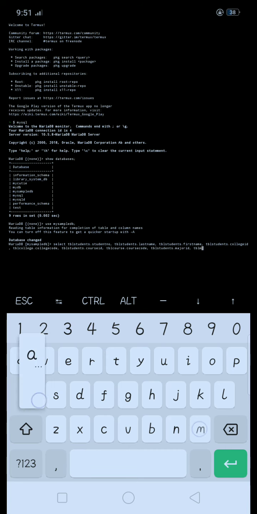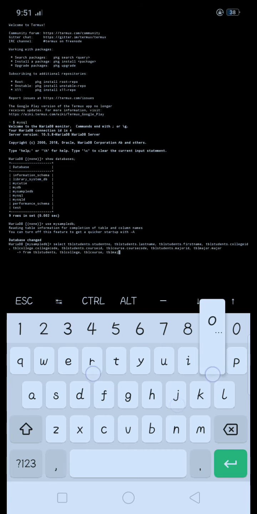So TBL major dot major from TBL students, TBL college, TBL course, and then TBL major,